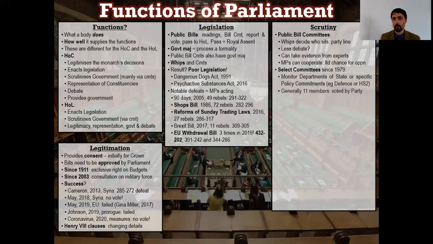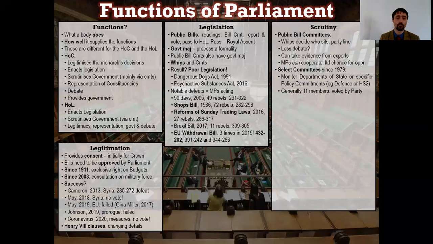Generally speaking, select committees have 11 members, meaning that when and if they hold a vote, there'll always be a majority. You can't therefore tie the vote. They're voted in by party. So they generally tend to reflect the makeup of the House of Commons. And you might argue, well, that gives the government a baked-in majority. Yes, but because every member of the party gets to vote who sits on that committee,